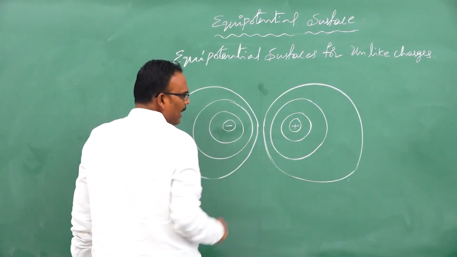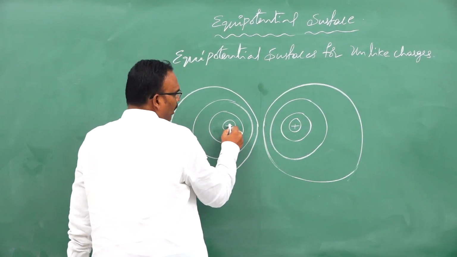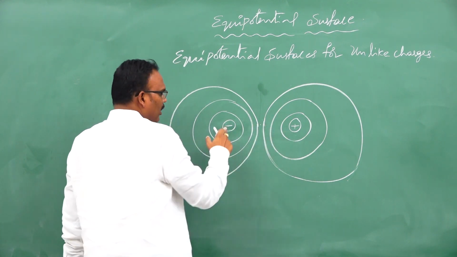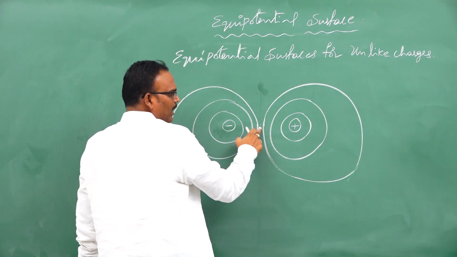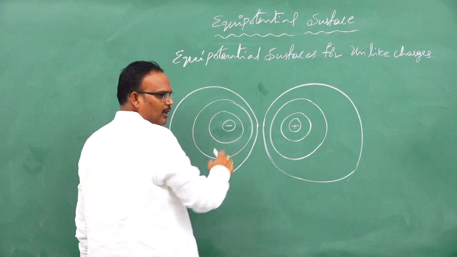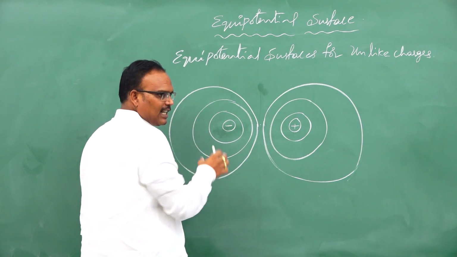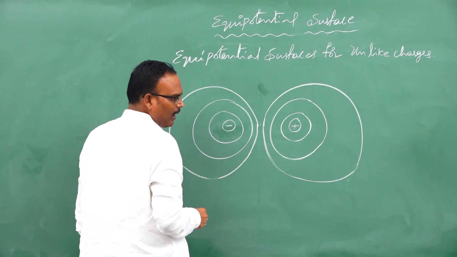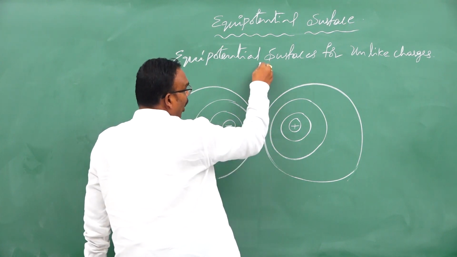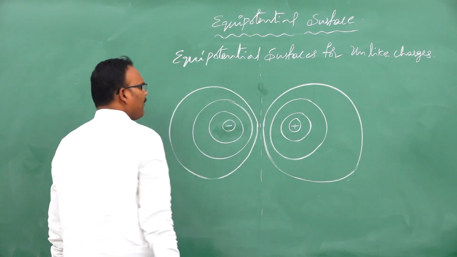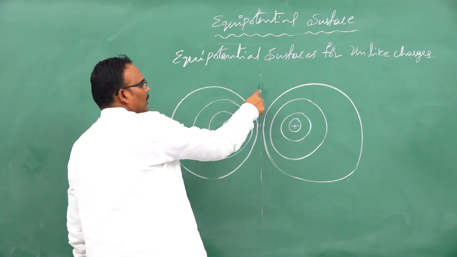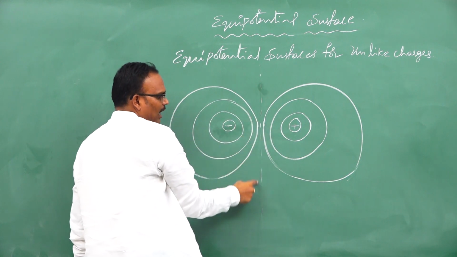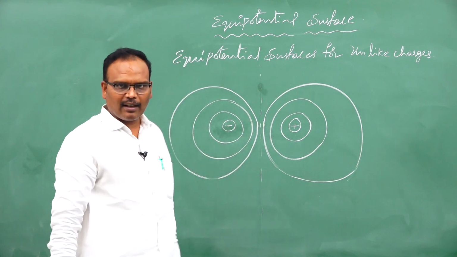Even I can call it as a dipole. In case of dipole, at the midpoint of the dipole you will have potential 0, because due to negative charge there is negative potential, and due to positive charge positive potential, and the magnitude of charge and distances are equal. So net potential is 0 at the midpoint. Not only on the midpoint, along the equatorial line, every point you select, their potential is 0. So you will have infinite null points along the equatorial line in case of dipole.